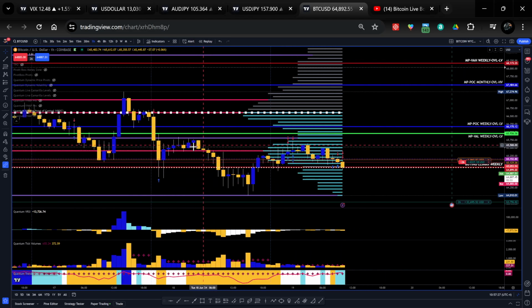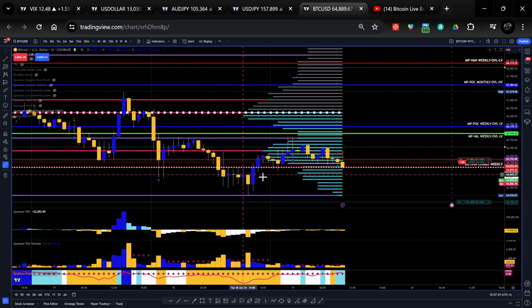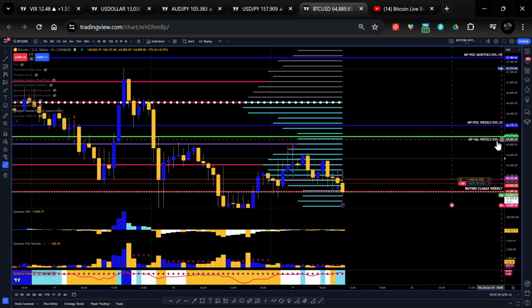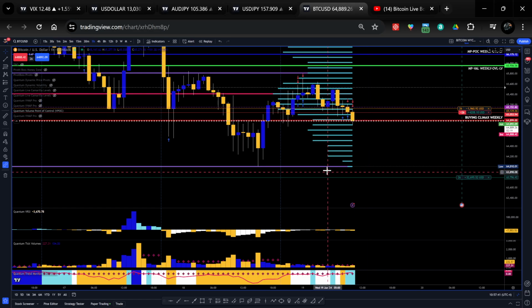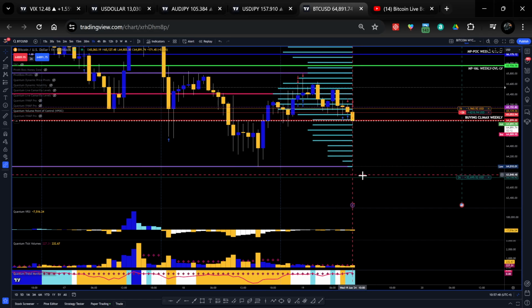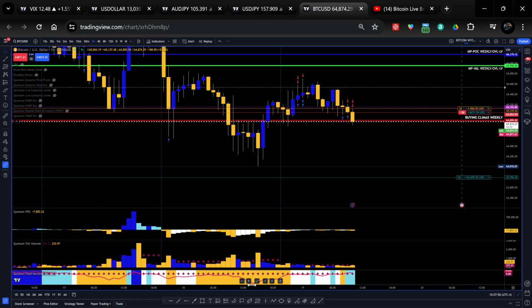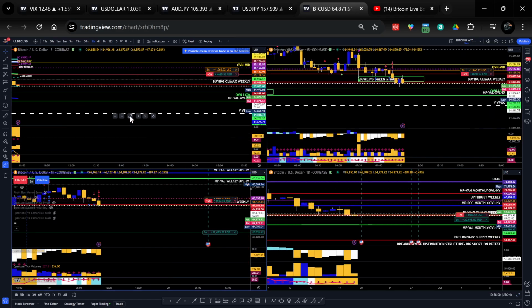So we came back here, created this high volume node, right? Couple retests on the high volume node around 65,426.36, and now we're looking to push down further, right? Low volume node here at the low. So let's see if we can break and create some new volume areas around my target, Camarilla S4 and Floor Pivot S1. And that's basically it, man. Just going down to the daily time frame.